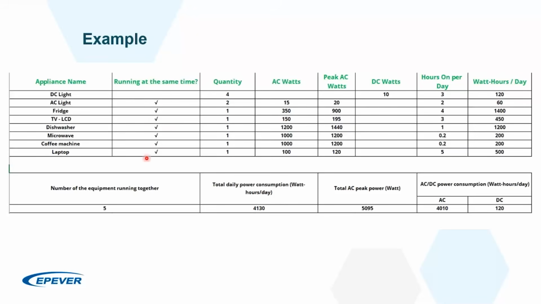And I'm running them together, and this is the quantity of them, and this is the AC watts of my consumers here. As you can see, for example, I have 2 lights of 15 watts, 1 fridge with 350, and each consumer has its own peak AC watts. So,